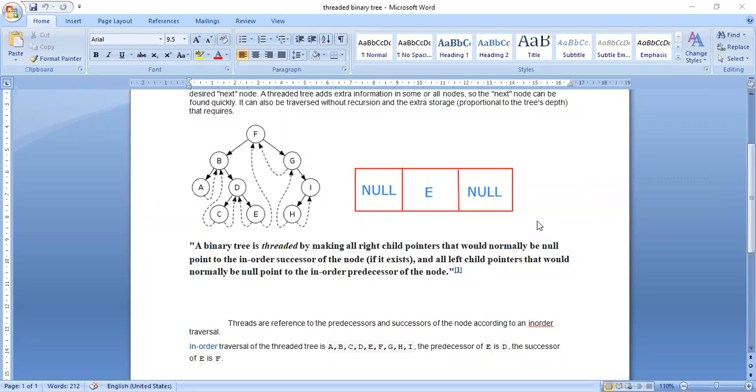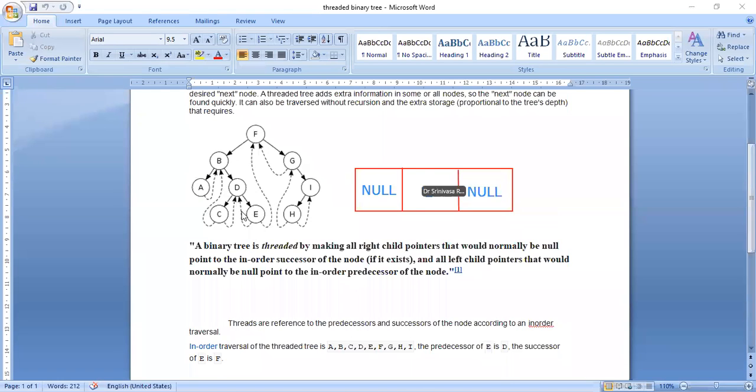So you can see the thing. In general, if you take the leaf node E, we take into consideration that all binary trees, threaded binary trees, are implemented by using a doubly linked list. So in the leaf node of the doubly linked list, what will be the values? The left pointer will be null and the right pointer will be null because these are leaf nodes.